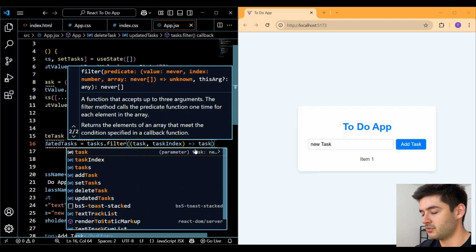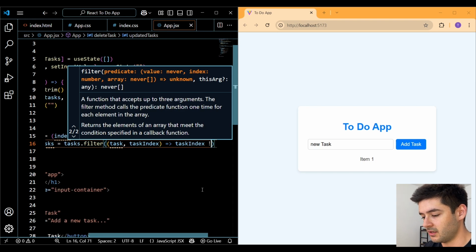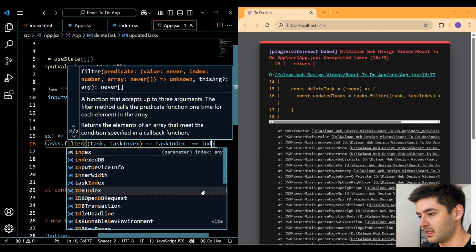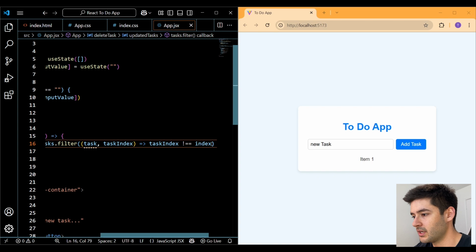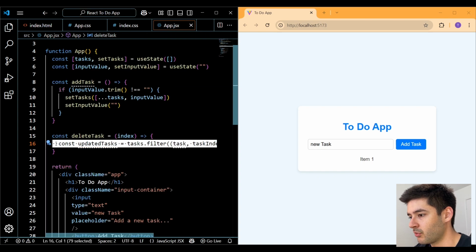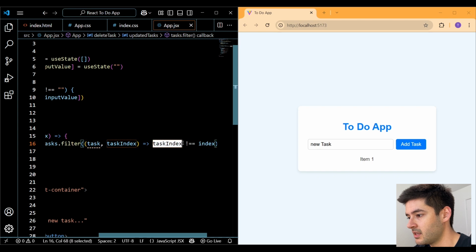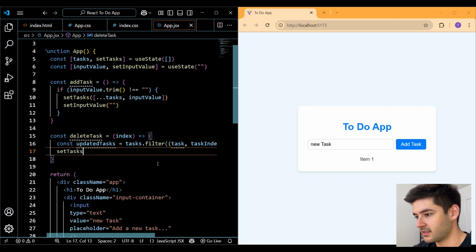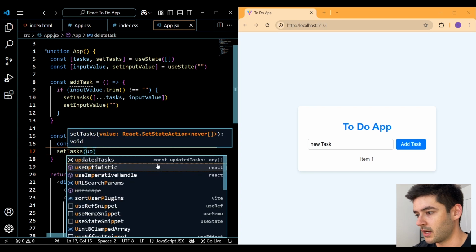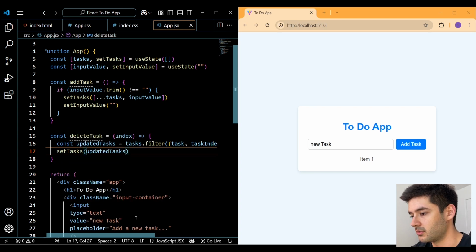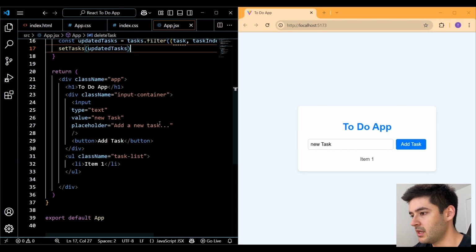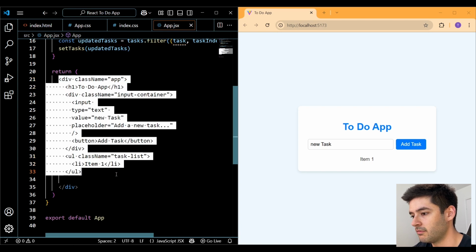And here we want to use the task index and see if this is not equal to the index that we're deleting. So what's going to happen here is we're creating a brand new array, and we're excluding the task at the given index that we want to delete. And after that, we need to call setTasks and change it to our updatedTasks variable. Now you guys are going to notice nothing's happening yet because we actually need to set all of this up